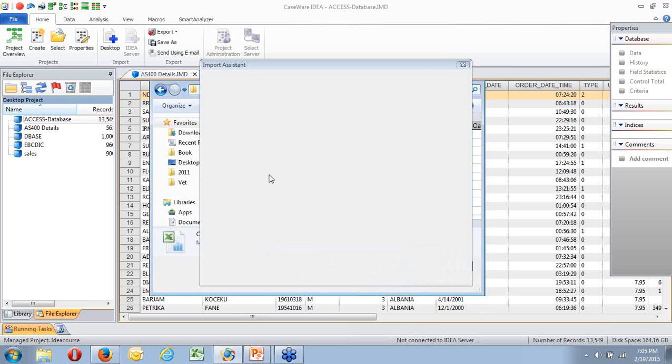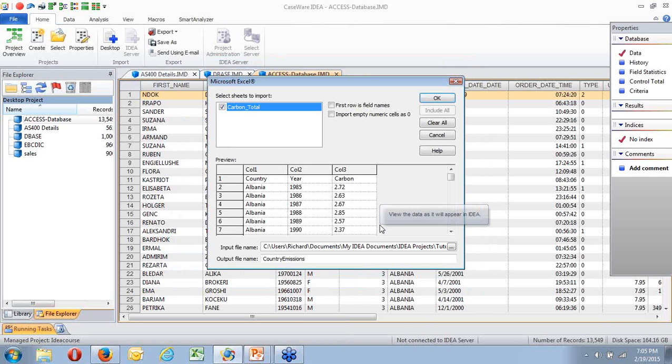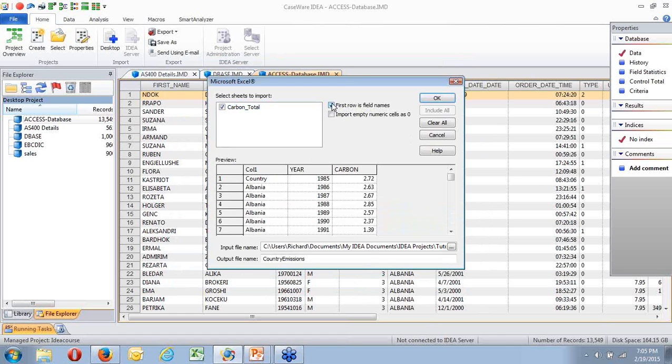If I double click on it and say next, it said, hang on a second. This is an Excel. Do I want to define the first row as being the field names? And that's very common when you get Excel files coming in.